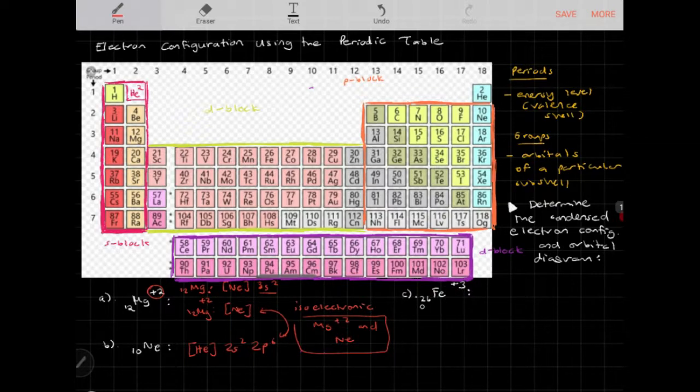We have iron plus 3. Iron is 26, so iron is going to be located here, right? And let's look at the condensed electron configuration, right? So we do argon, and then we go 4s1, 4s2, and then 3d1, 3d2, 3d3, 3d4, 3d5, 3d6. Okay, 3d6. And if we're looking at drawing out the orbital diagram for this, so this is 4s2,